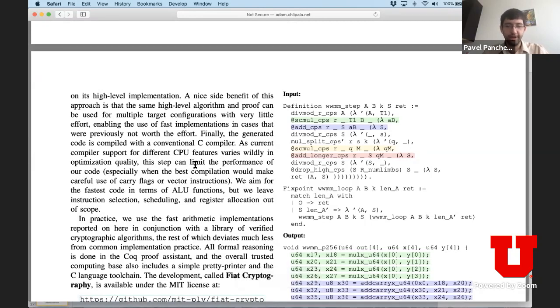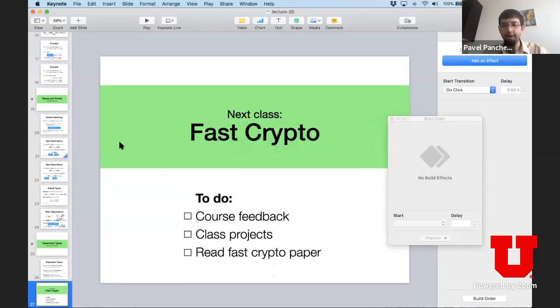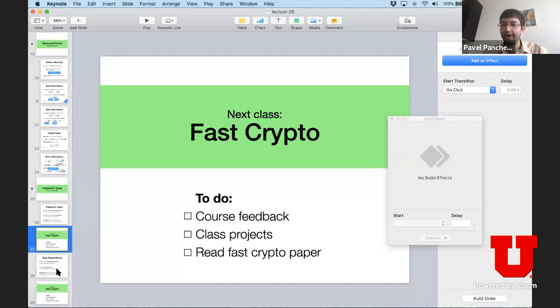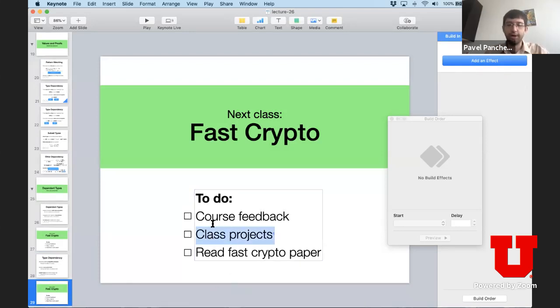So that'll be basically the very end of the class. We'll have one more class after that, looking at a conclusion for the whole course, but that should give you a sum up of in what cases you would use this dependent types approach and what value it might have. And of course, I know that you're also working on class projects, and as always, please fill out